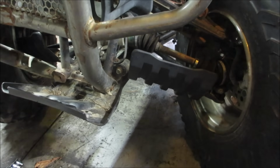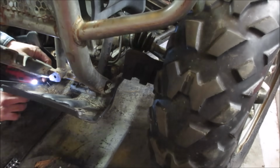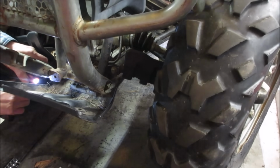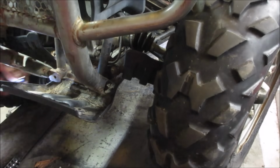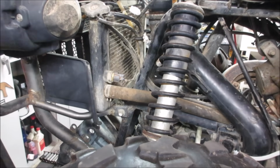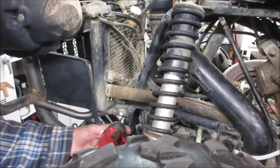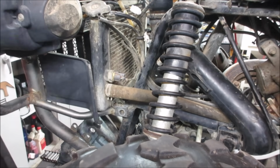Again, there's no real way to get to them. Got one on the other side. We could probably put some heat on those though. Let's try those uppers. There you go, those will come out. Here's the two on the bottom. Maybe we can loosen